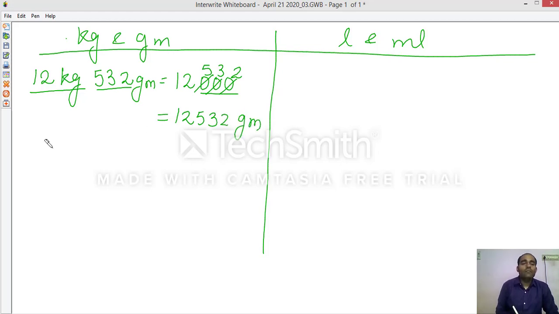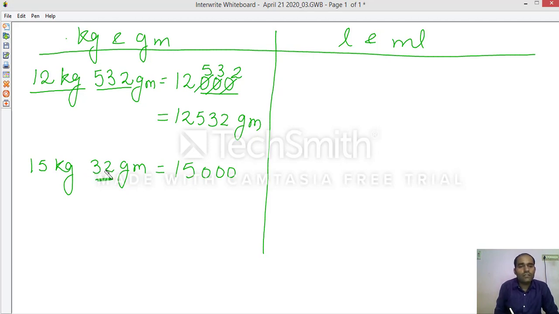Same thing. If we take one more example, 15 kilogram 32 gram. What do you need to do? First change 15 kilogram into gram. How many zeros will come? 3 zeros will come. Now how many digits are there? 2 digits are there.